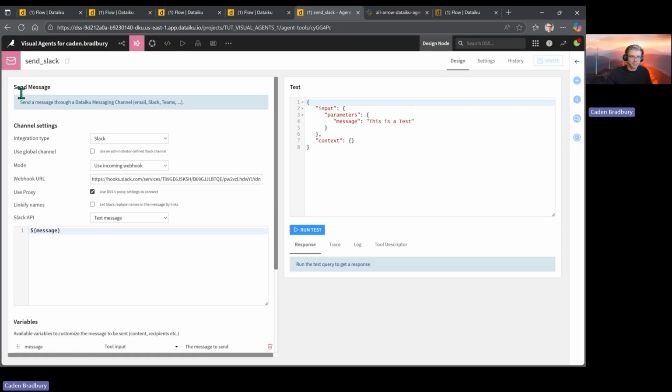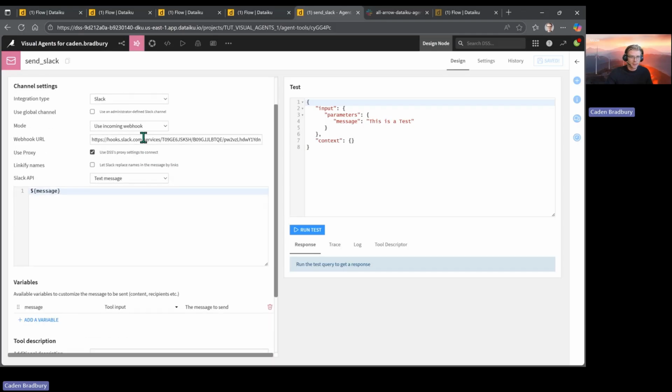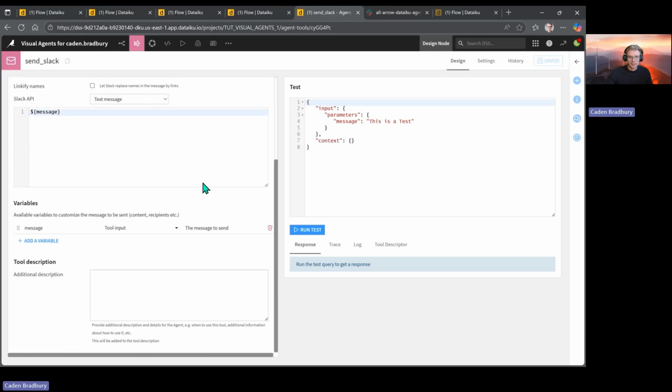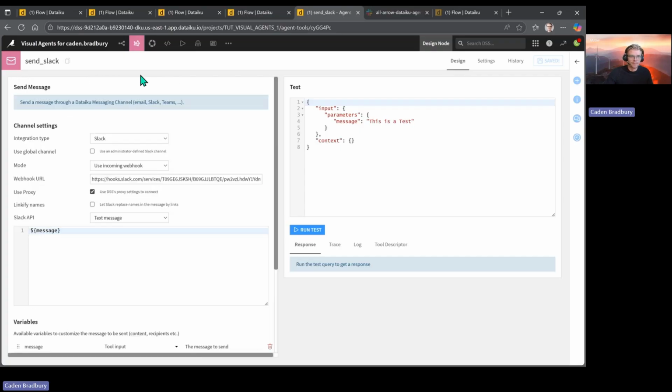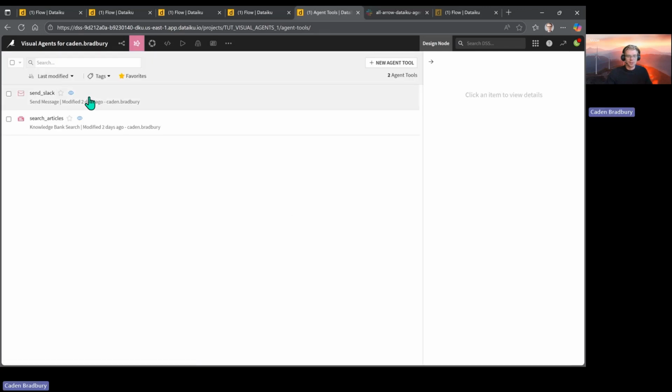Next, we're going to send a message. So integration type with Slack. We're going to use this incoming webhook, and can also do it with APIs, email, Teams, lots of other supported formats. Just input this webhook that we created, and now it has the ability to go and send a message in Slack. So we just gave it the tools,